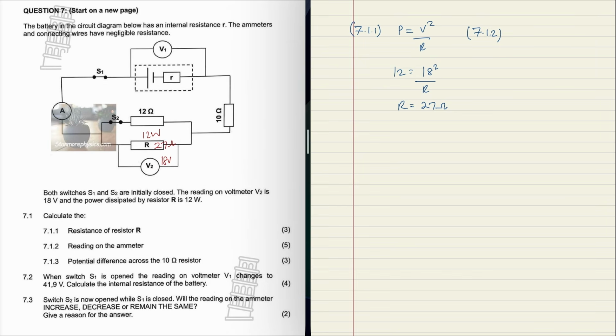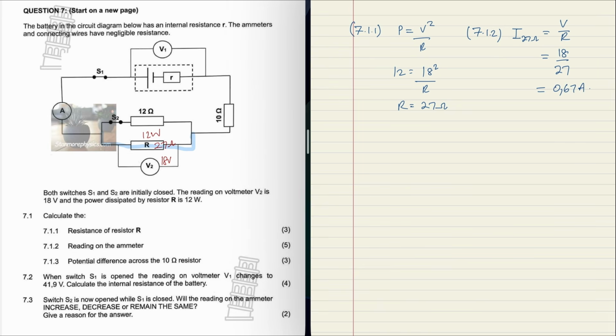So I'm actually going to go a different way. I'm going to calculate the current through this branch here, and then I'm going to calculate the current in the upper branch, and I'm going to add them. So for this bottom branch, I know the power, I know the resistance, and I know the voltage. So I'm going to calculate the current through the 27 ohm resistor. That's going to equal V over R. So the voltage is 18 and the resistance is 27. So 18 divided by 27 is 0.67